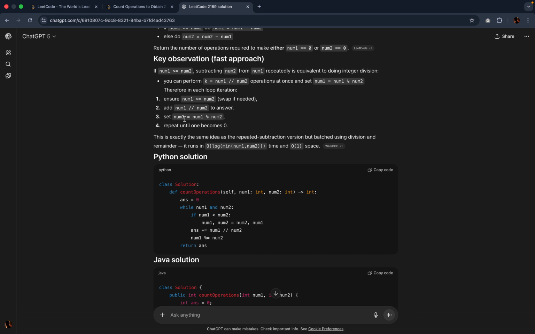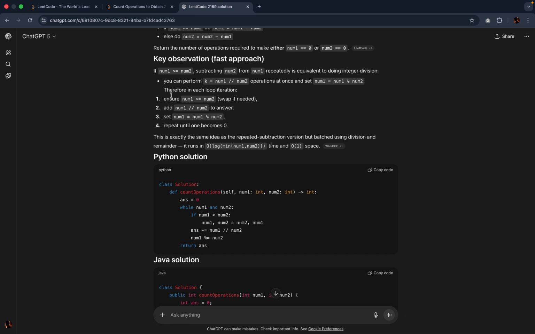So the first approach is, if num1 is greater than or equal to num2, subtracting num2 from num1 repeatedly is equivalent to doing integer division. The most important concept of this problem is this itself: repeated subtraction is equivalent to integer division. Suppose we have the number 17, and we have to subtract 5 from it, and we have to see how many times we have to subtract to get 0. If we do integer division of 17 and 5, we get 3 with a remainder of 2. That means we subtract 5 from 17 three times, then we get 2,